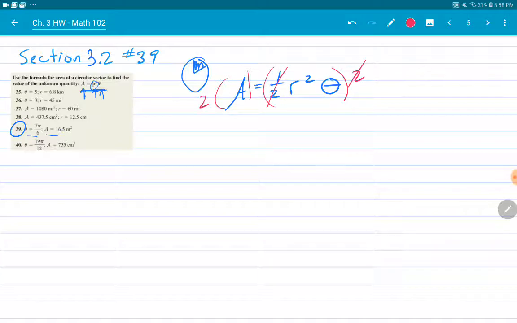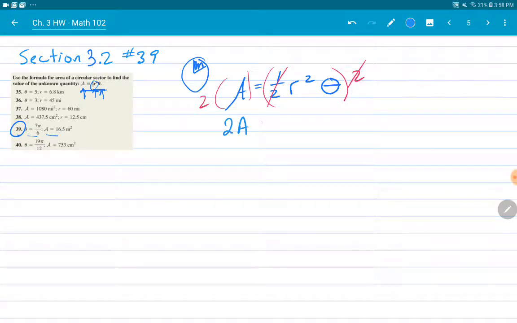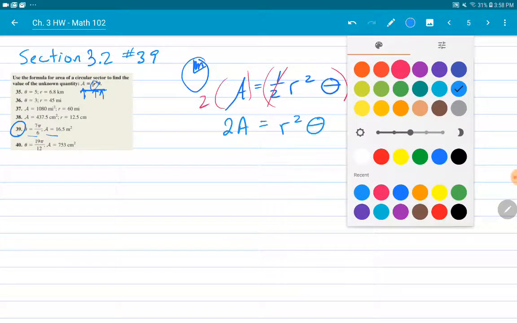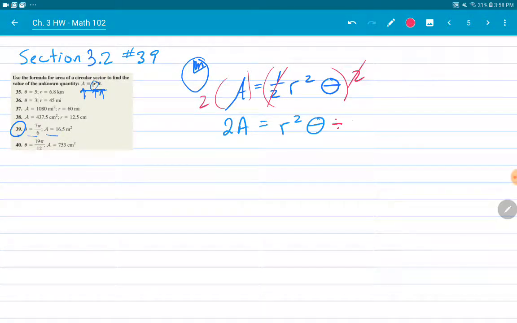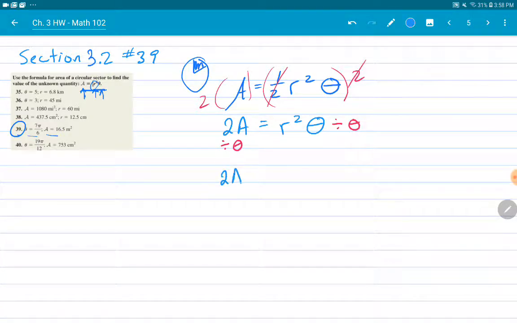The 2 and the 1/2 cancel, and then I have 2a on the left, and on the right I have r squared theta. I still don't have r alone, so to get r, the term with r by itself, I need to get rid of the theta. So I will divide both sides by theta, and I get 2a over theta equals